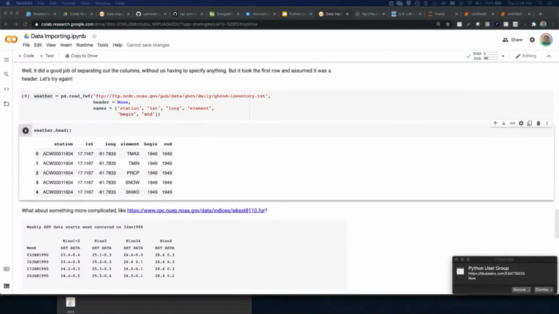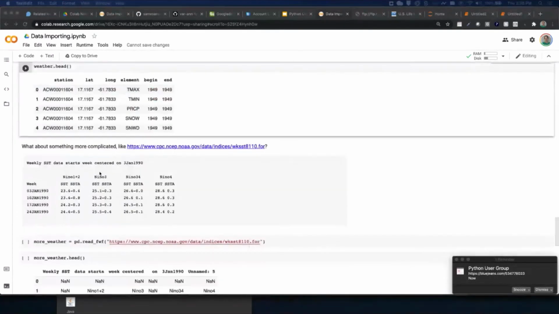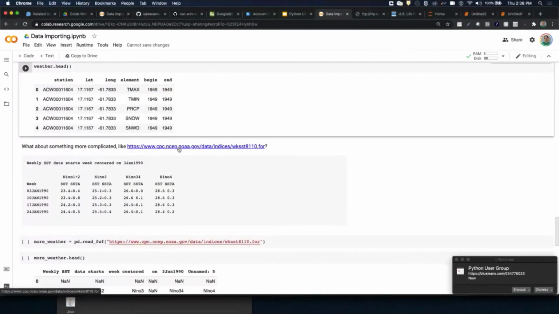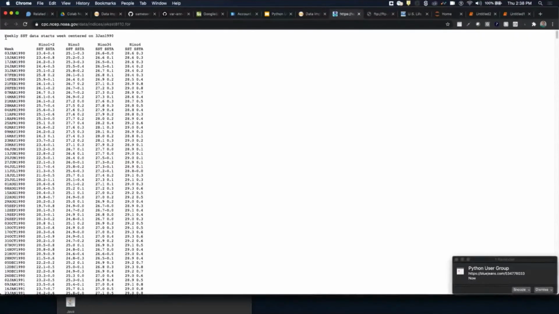But sometimes, and especially with fixed width format, you'll have some sort of hybrid file. So this is an example of a not atypical fixed width format file. It'll have some metadata, some information at the top.